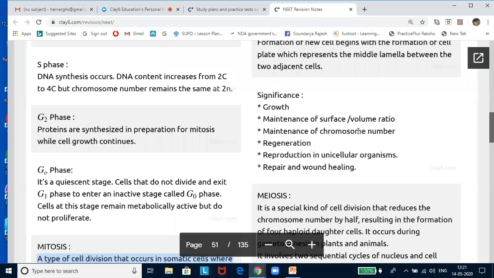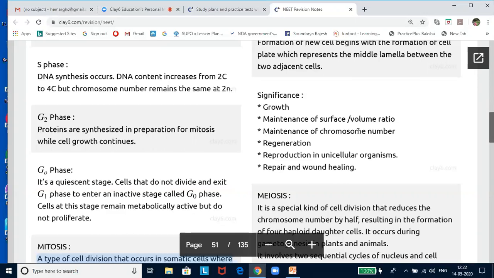So asexual reproduction of lower plants is only possible by mitosis. Vegetative reproduction in higher plants by grafting and tissue culture methods are all the consequence of mitosis. Mitosis is the common method of multiplication of cells that helps in the growth and development of multicellular organisms. Mitosis helps in the regeneration of lost or damaged tissue and in wound healing. Chromosome number is maintained constant by mitosis for each species.